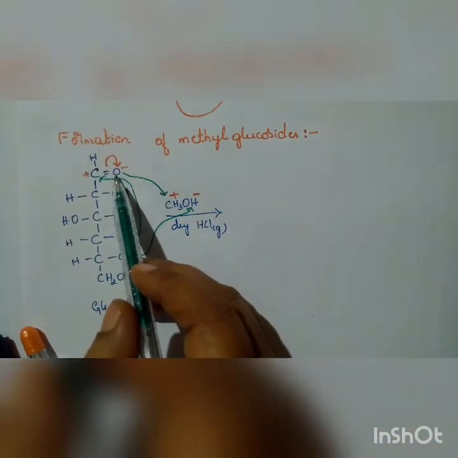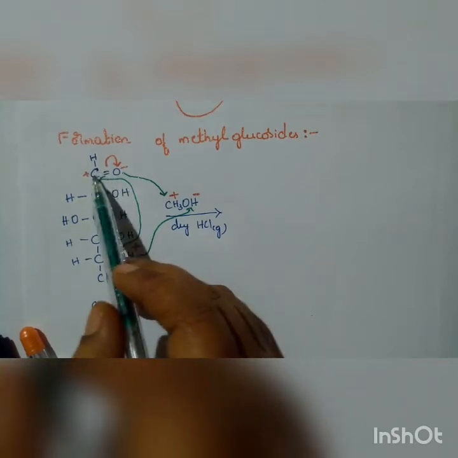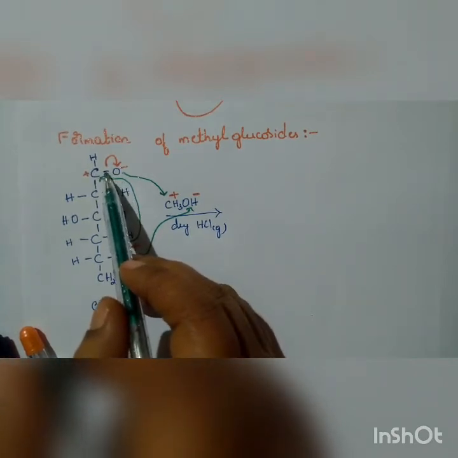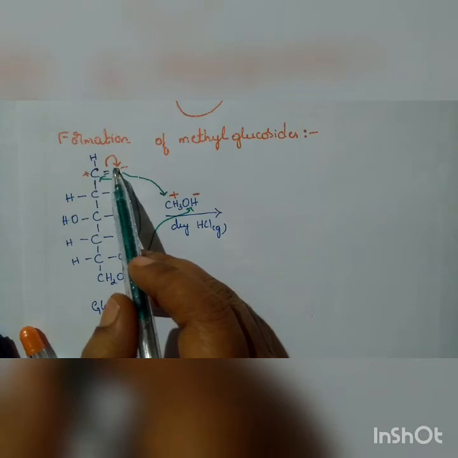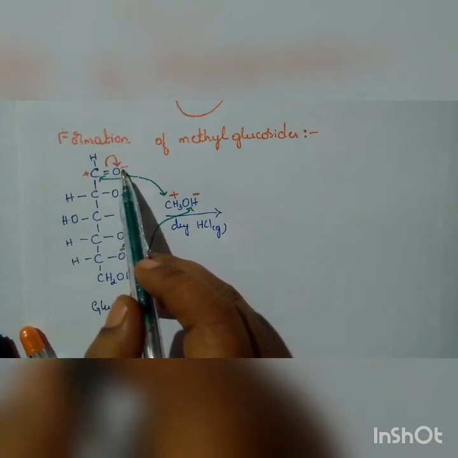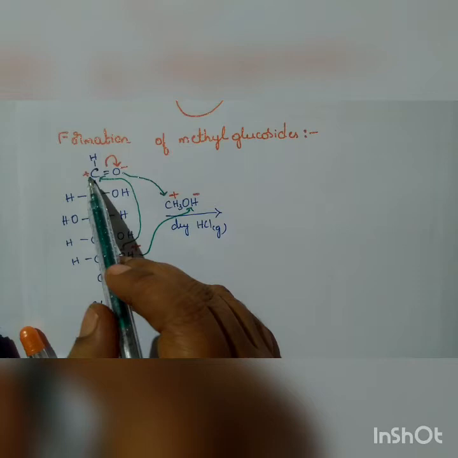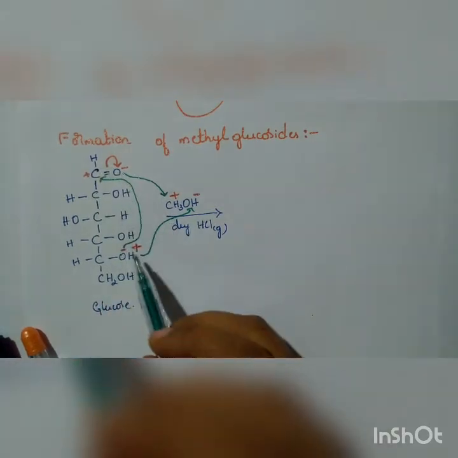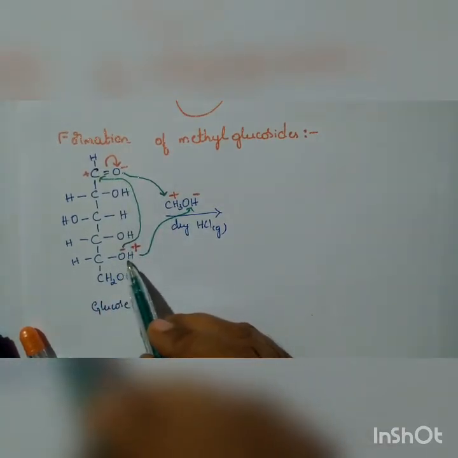Why has it formed O minus here? Because it is a carbonyl group. Oxygen is more electronegative, so it pulls the shared pair of electrons towards its side, because of which it gets a negative charge and the carbon gets a positive charge. Next, the OH group dissociates as O minus and H plus.